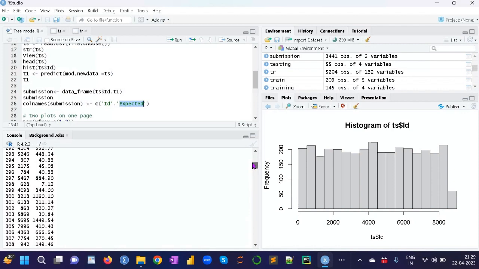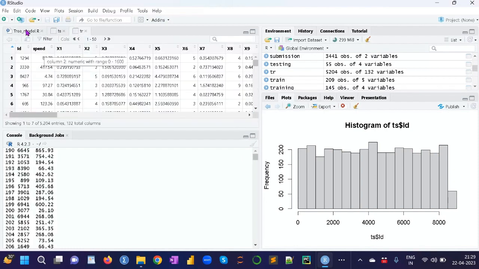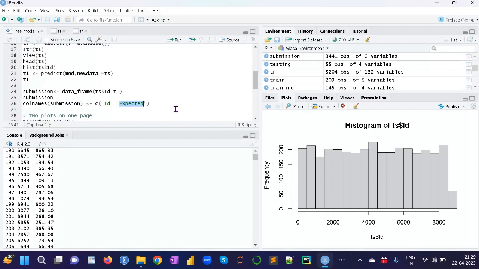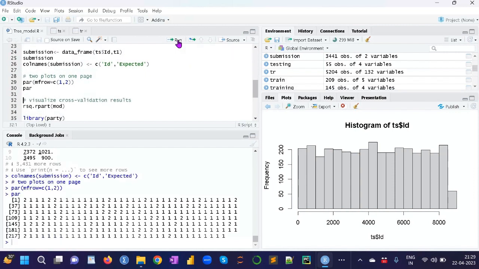Wait, I will show you the training data set. This is the span. So I want to change the column name. That's why the new data set is created. So if I run this, then it shows the columns in row 1 and 2 format. Two is ID, one is our span.